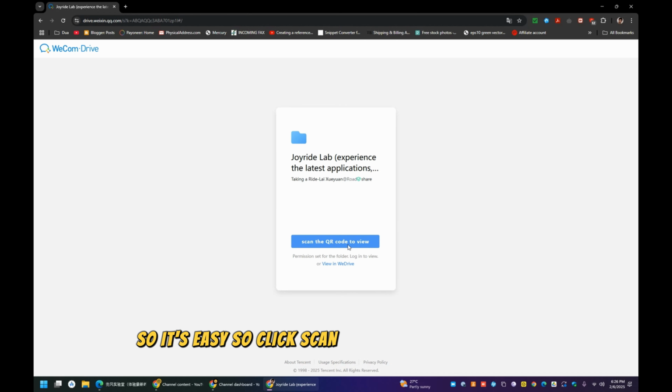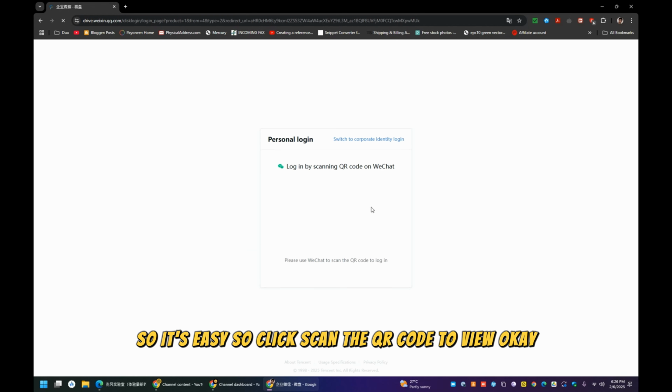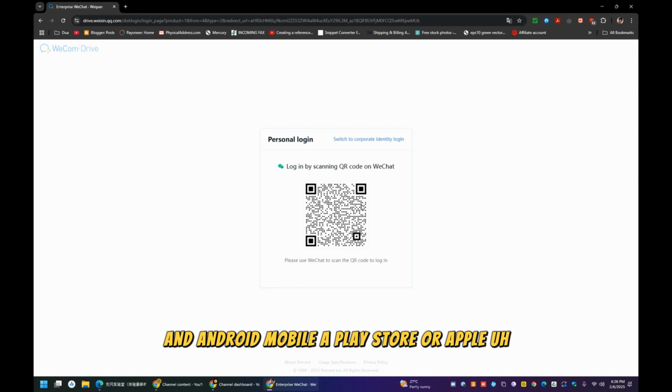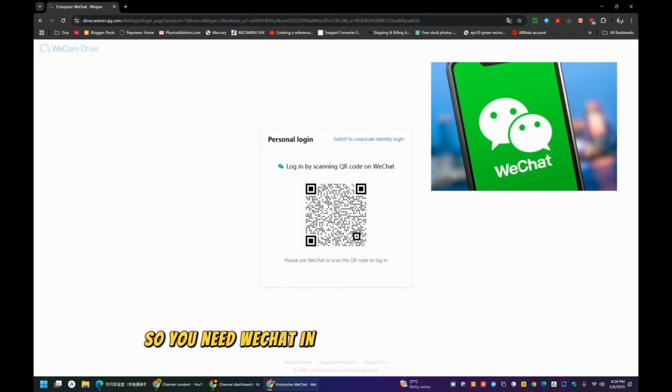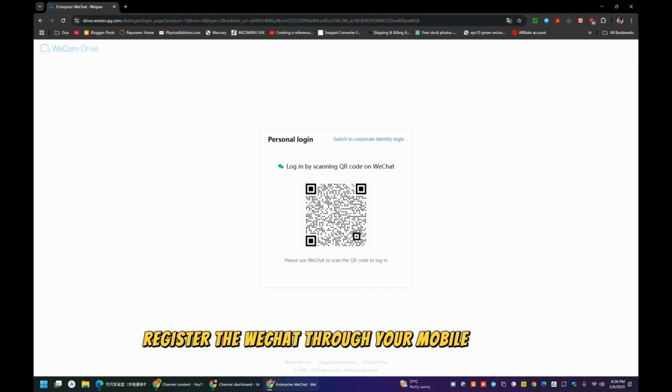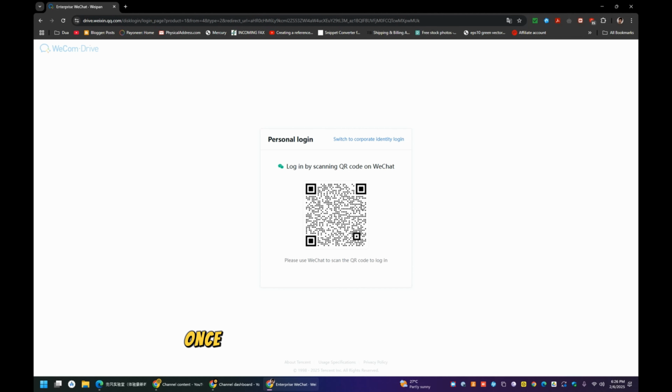So click scan the QR code to view. Okay, once you click, you will see a QR code. So what you do, you have to take your Android mobile or Apple mobile, go to your Android Play Store or Apple Store, and download WeChat. So you need WeChat in order to access this drive. So download WeChat, register WeChat through your mobile number and make the account. Okay, once you did WeChat,